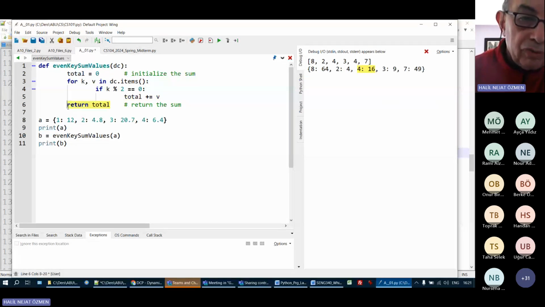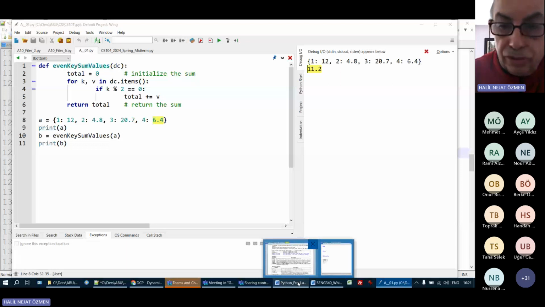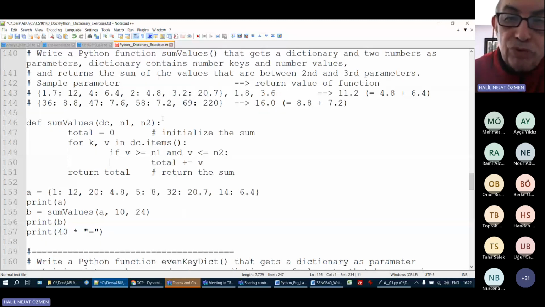So we have 1, 12, 2, blah, blah, 3, and here 2 is even, 4.8, 4 is even, plus 6.4, 4.8 plus 6.4 will be 11.2. We will get 11.2. Okay. These are just some examples which show how to use dictionaries. I hope you are comfortable with those